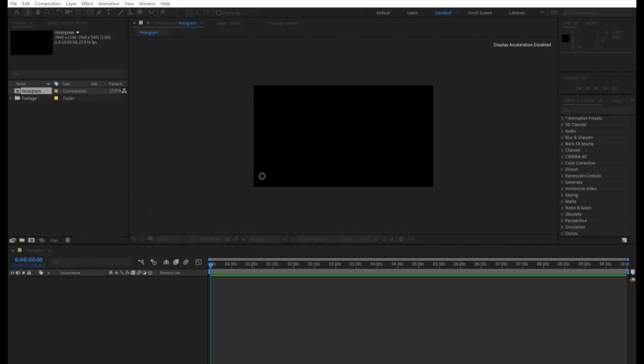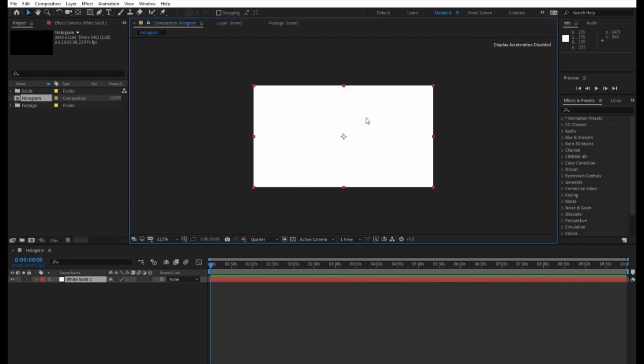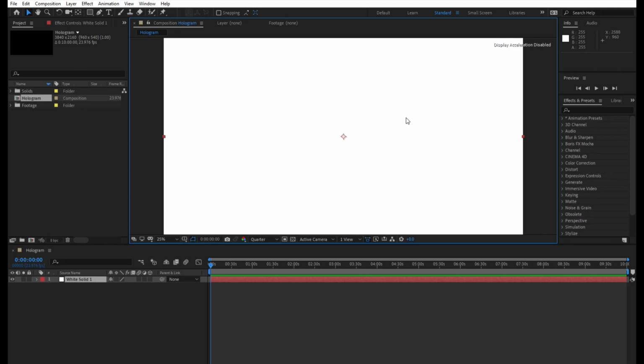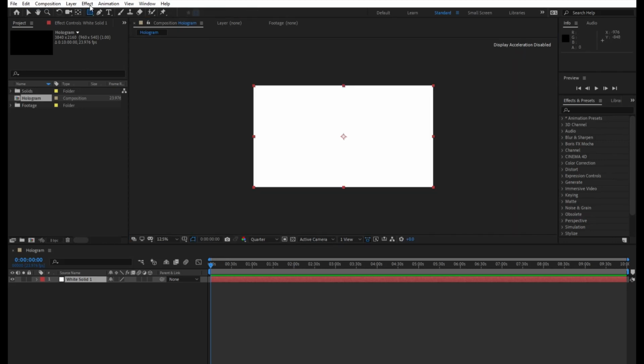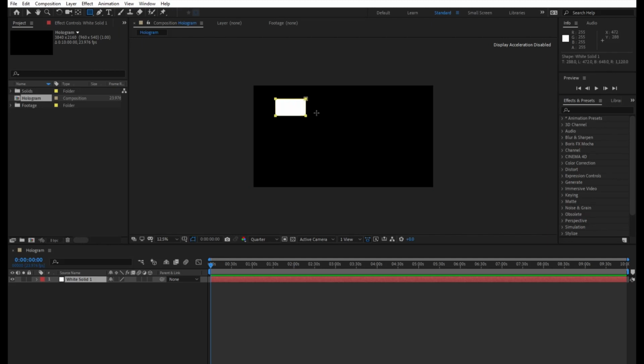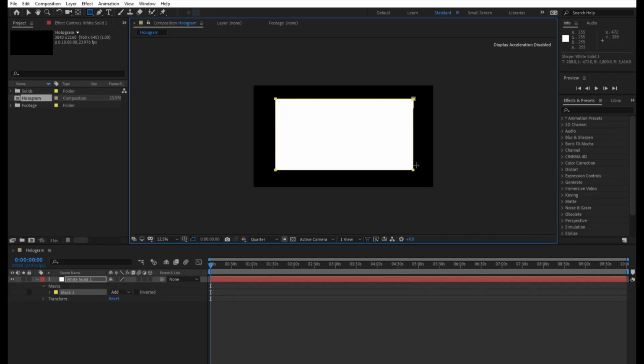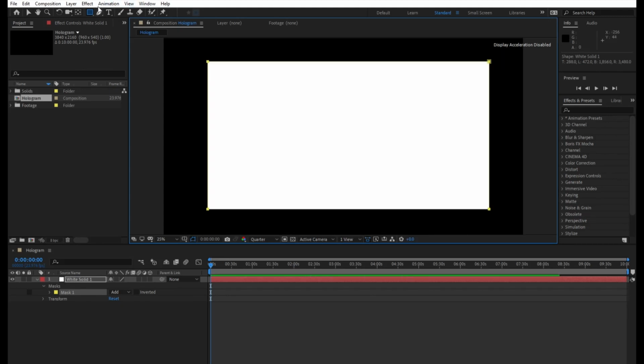And so first I'm gonna make a new white solid. There we go. Okay. And what I'm going to do is take the shape tool right there, and I'm going to make a big rectangle. This will be the basic hologram screen right here. Make the big rectangle, and I'm going to take the masking tool and make some mask points on the hologram screen. So there, there,